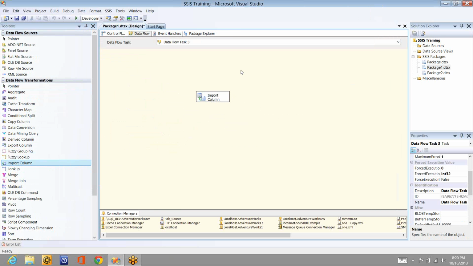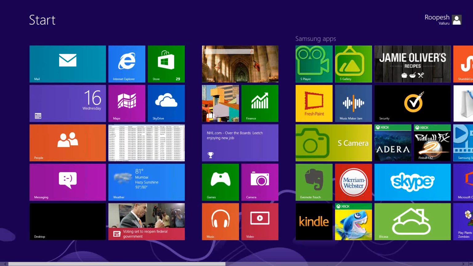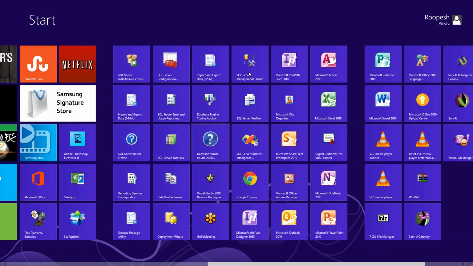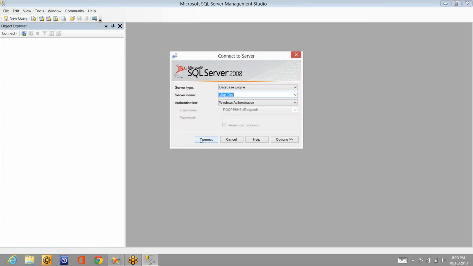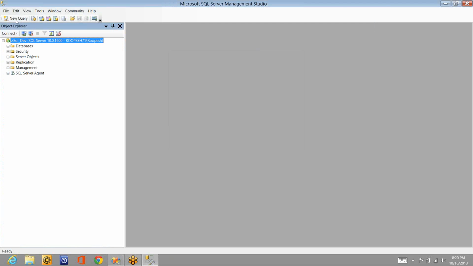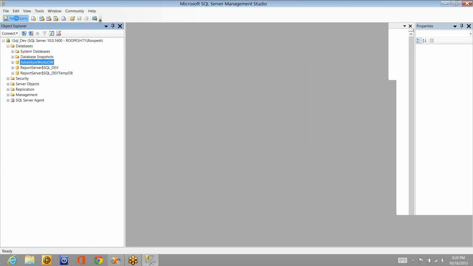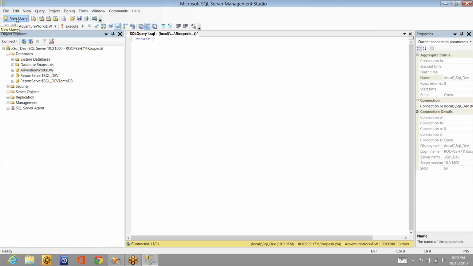Let's see how to configure the same to get the image files from your desktop to your SQL Server database. The first thing that I need for that purpose is a database table with image data type, right? So let me create that first. Let me go to SQL Server and connect to AdventureWorks database. So create table